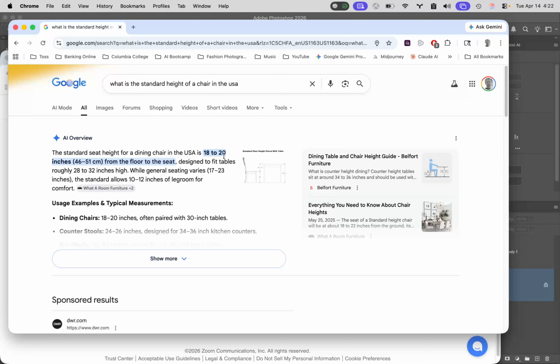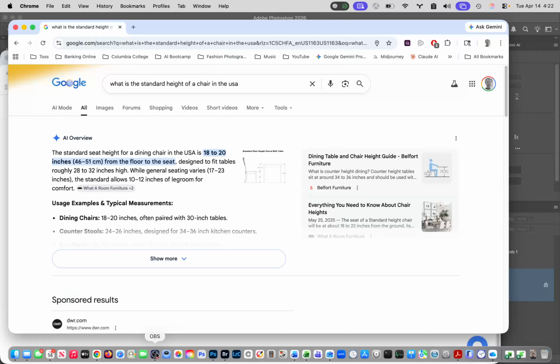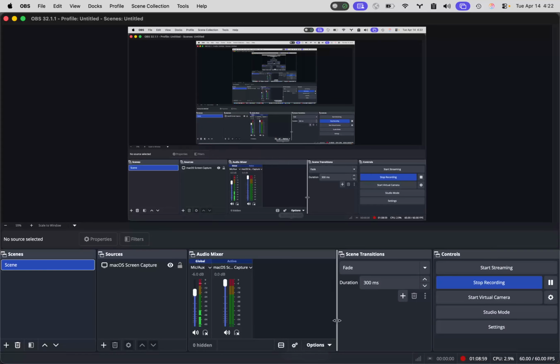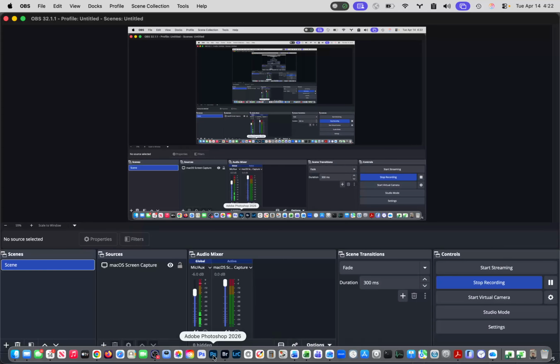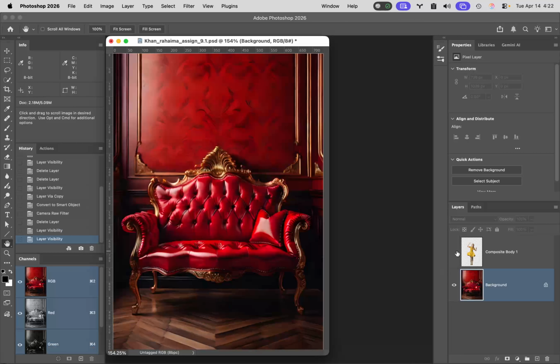Now, when I look at the couch on this, I'm thinking to myself, okay, so that's going to be the height. I'm just looking for a pen to write on really quickly. I need to write down numbers. Okay, so I'm going to go back into my image now. I'm going to turn off the figure, and I'm going to actually measure how high the level of this